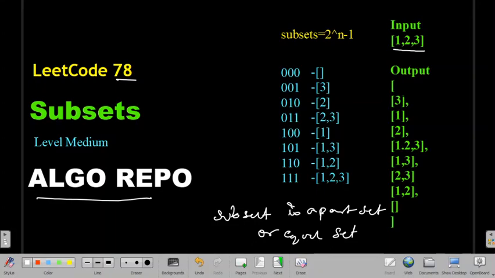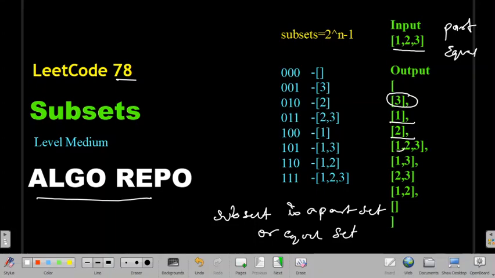If you see here, 3 is a part of the given set, so we can say that this is a subset because 3 is present in the given input. 1, yes, 1 is there. 2 is also there. 1, 2, 3 is also there. So either it should be a part of or equal to the given input, then we can call it a subset.